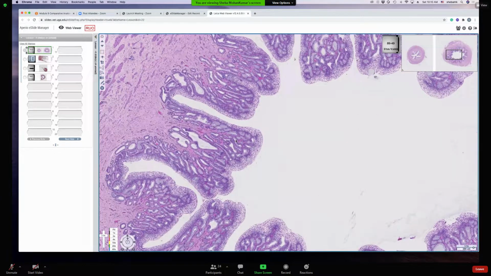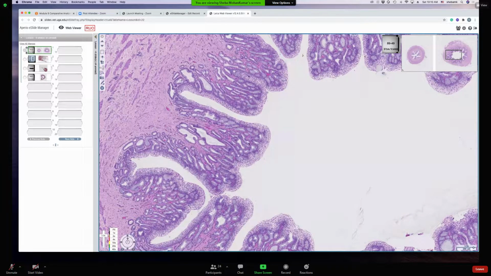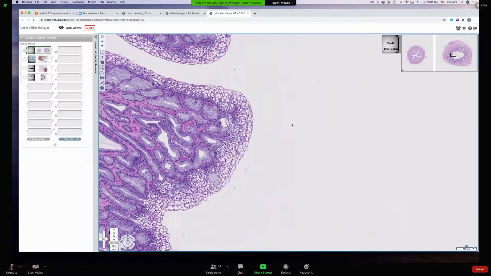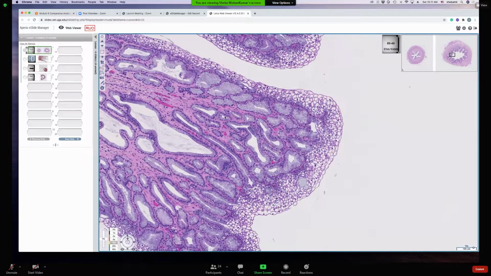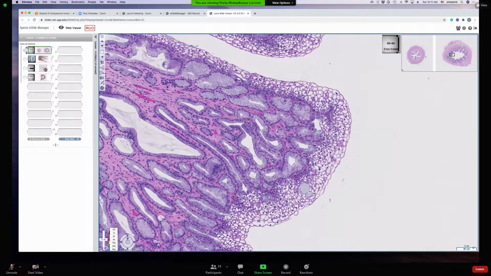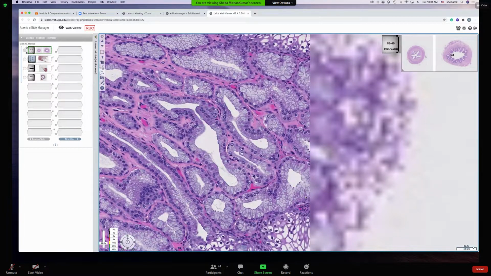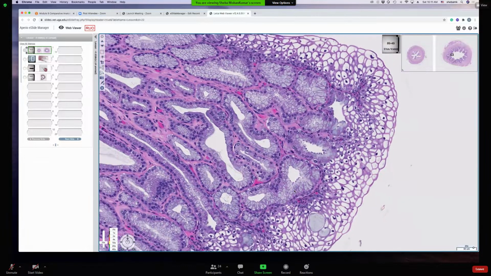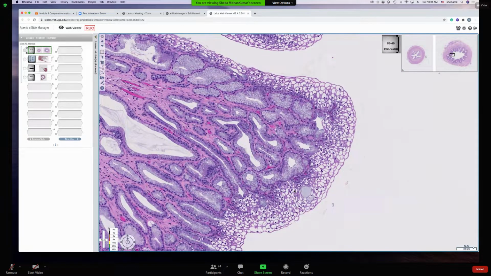It's because of these glands that are present here in the subepithelial area, the lamina propria, right here. So these are mucus secreting glands, right? Take a look at it. This is all mucin. So this is mucus secreting. So it adds mucus to the urinary output. So if you see this mucus secreting gland, then you can safely call this a ureter